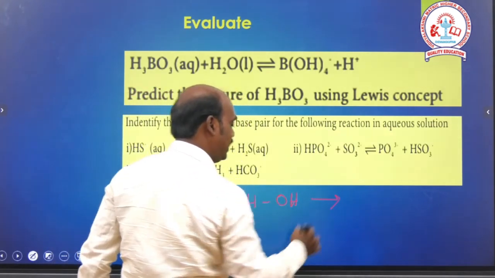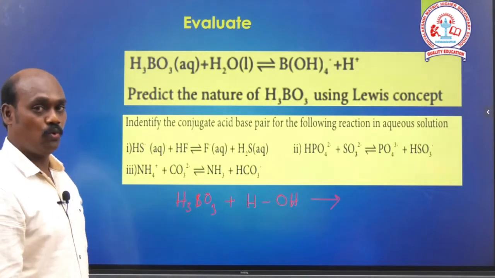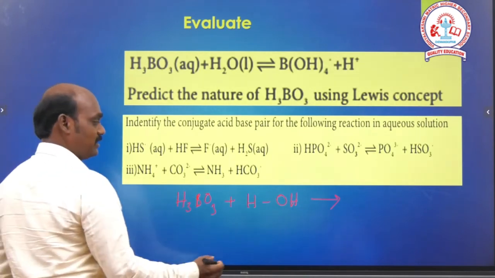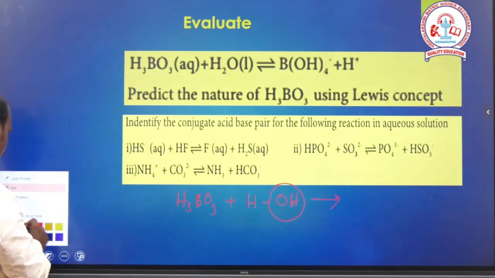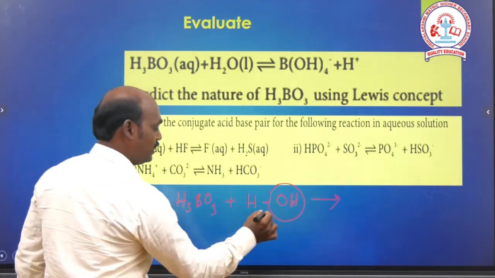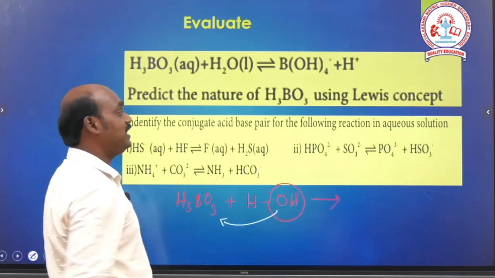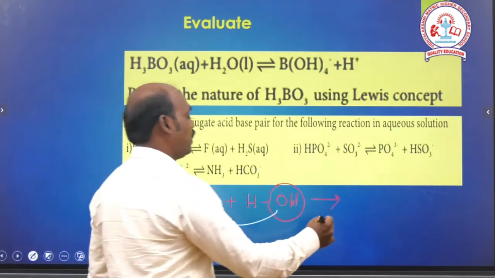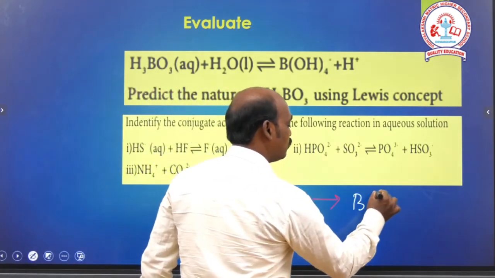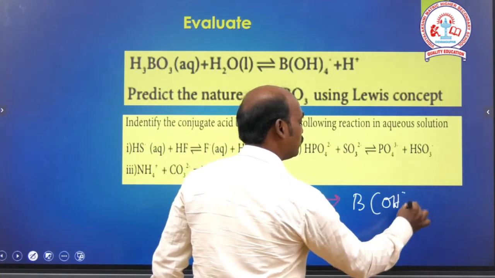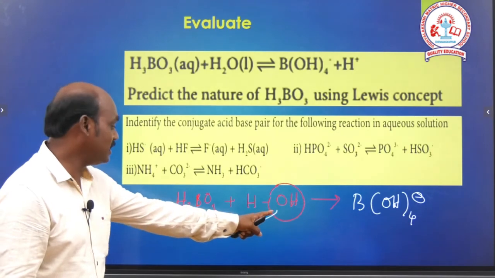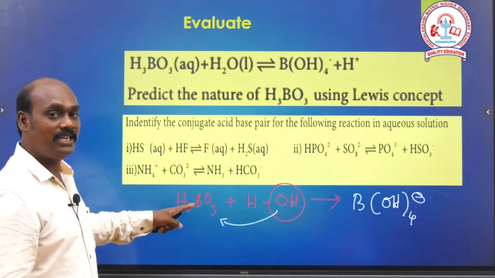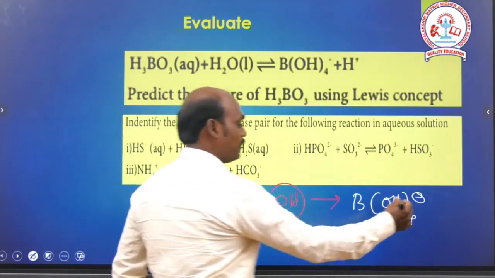Let us write water as HOH. Okay. So, the OH is combined with H3BO3, which forms B(OH)4 minus. See, here OH is attracted by H3BO3 and